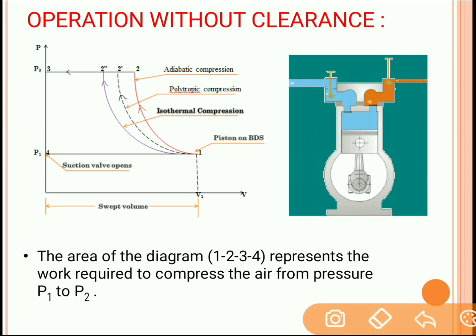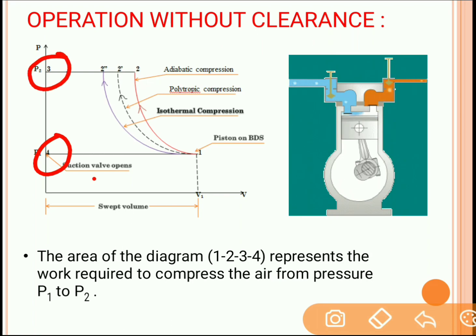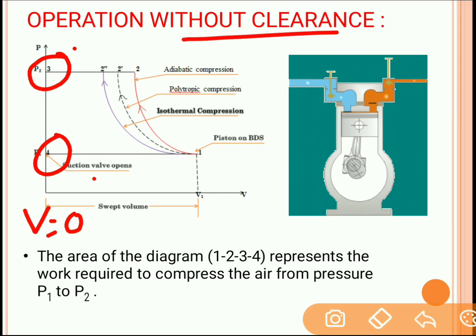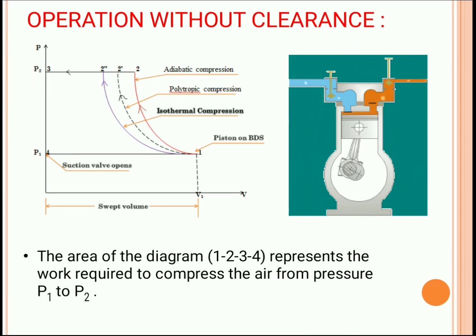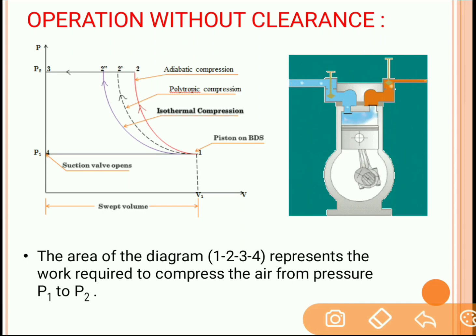Now over here you can see that volume at 4th point and volume at 3rd point, that is before the start of suction stroke and at the end of the delivery stroke, volume is equal to 0. It means there is no clearance. Fine. Now area under this PV diagram, if we consider this curve from 1 to 2 dash,